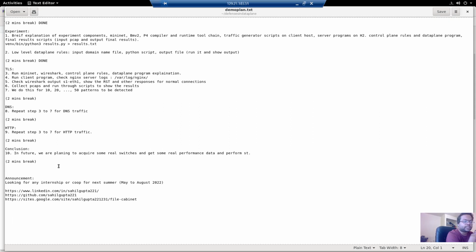And once our switch comes, based on the results of that study, we are going to figure out an appropriate location for all the three protocols, DNS, TLS, and HTTP. Then we are going to probe the websites in real time using a real switch, and through PCAPs, we're going to collect all the required metrics. Maybe in a future version of the full paper, we will report those metrics and our experience with a real switch. For prototyping, this behavioral model is really a great tool.